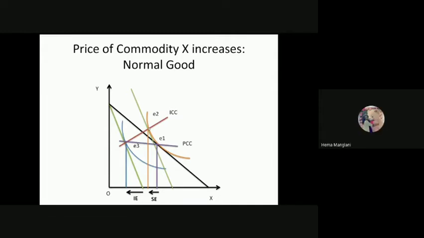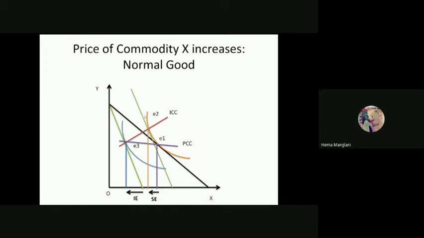Yes, then how are you saying it is upward sloping? We need to see the relationship. Here, the initial budget line says that E1 is your initial consumption, so you are consuming more of X. But at E2, you are consuming less of X and more of Y. This triangle indicates that your consumption is tending towards Y now. That is why you are substituting, and this substitution effect is the Hicksian substitution effect. This is still downward sloping.